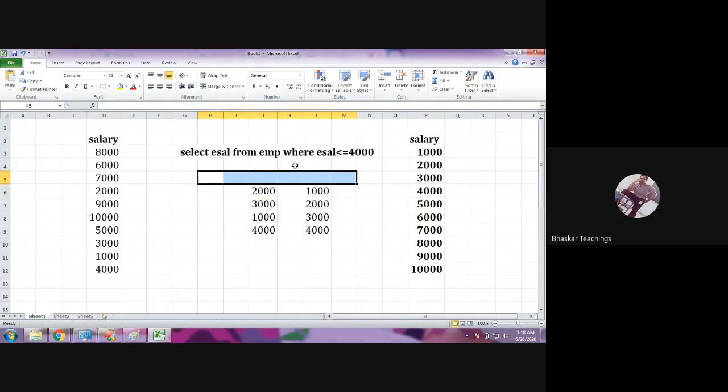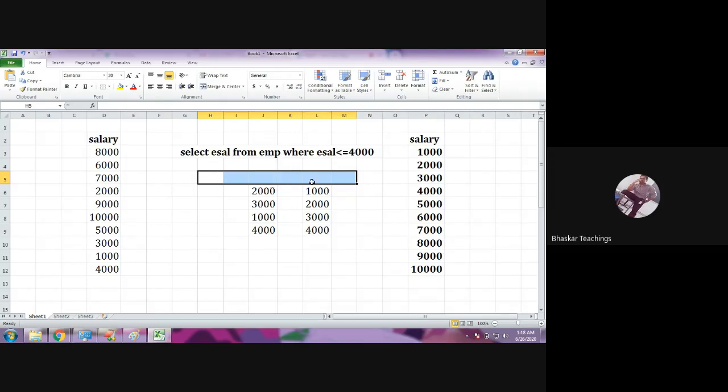So it is recommended to apply indexes on such columns which would be retrieved more number of times. It is not recommended to apply an index on each column because indexes are good for retrieving data more quickly, but maintaining indexes is a burden to the database. Therefore it is recommended to apply indexes only on such columns which will be queried more number of times. Okay, fine. Next one.